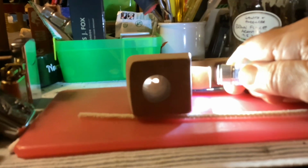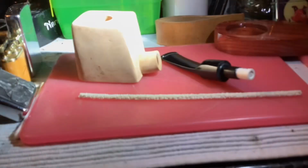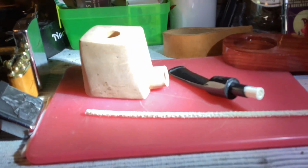And if you look at where it is in the bowl, it's pretty well perfect at the bottom of the bowl. So, you know, this is almost ready to go, and I will put the emulsion